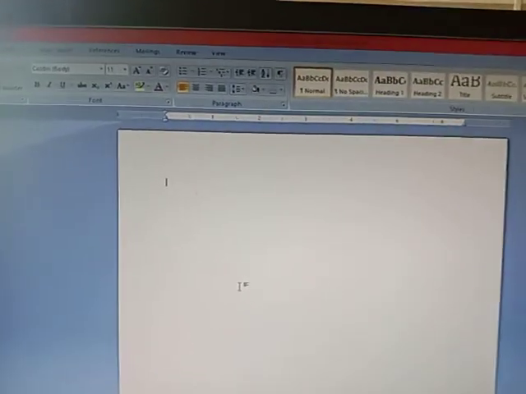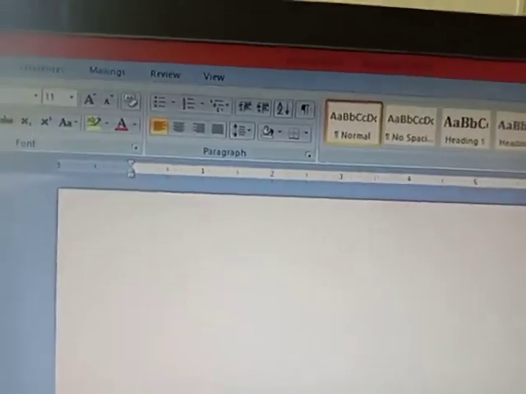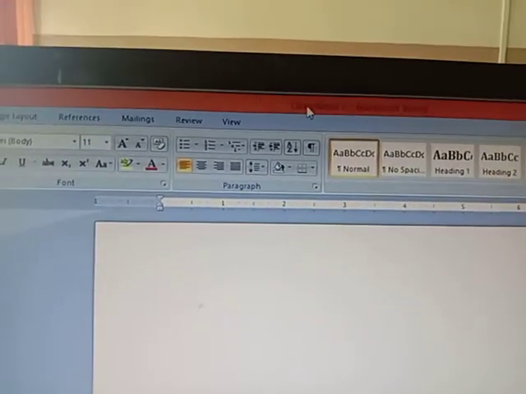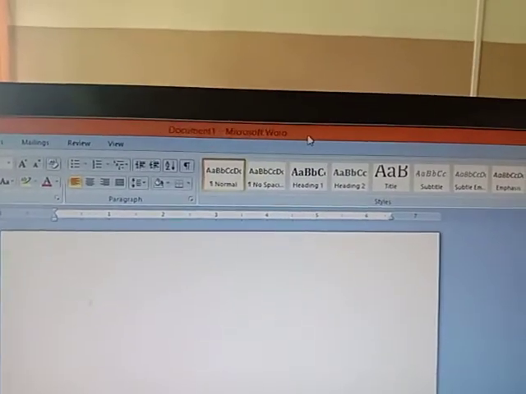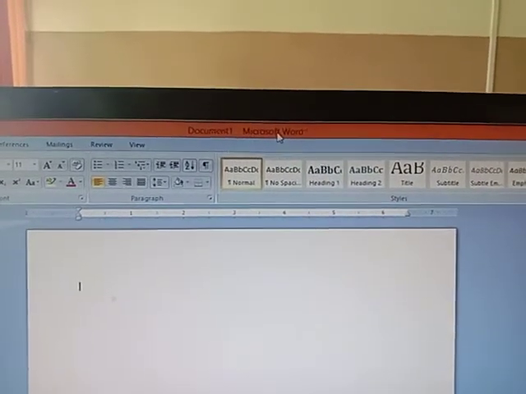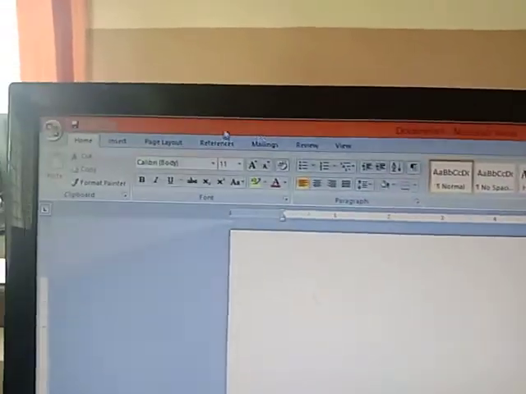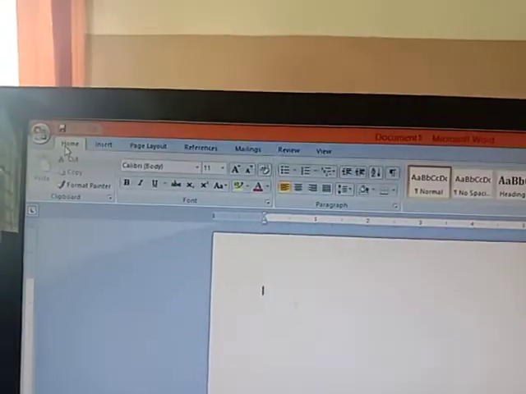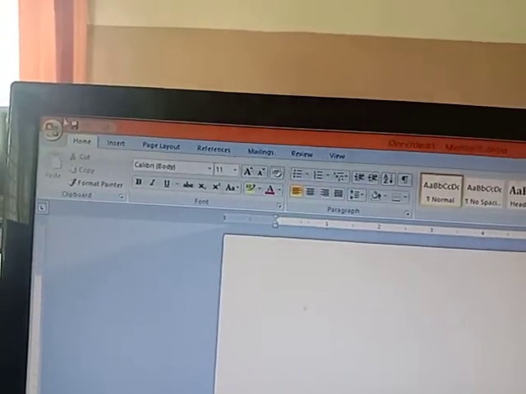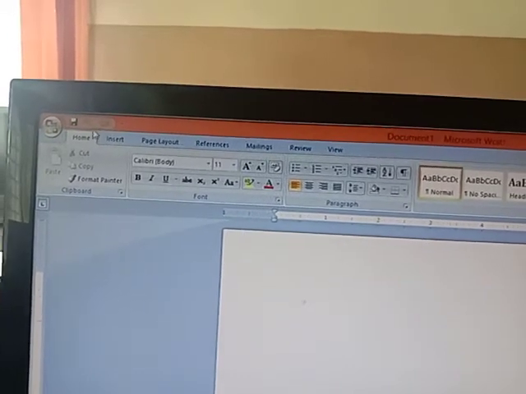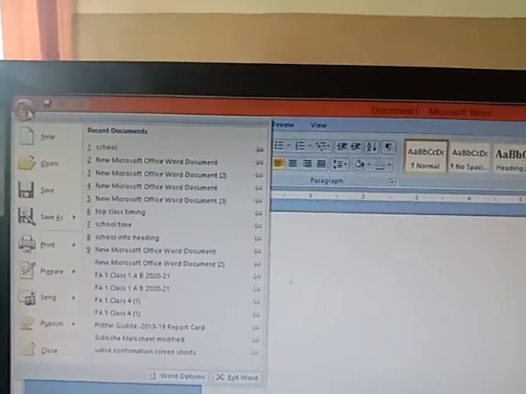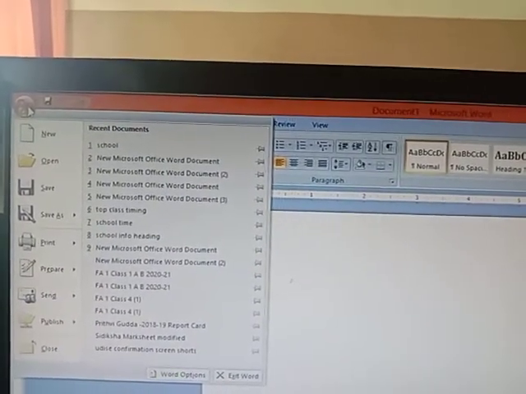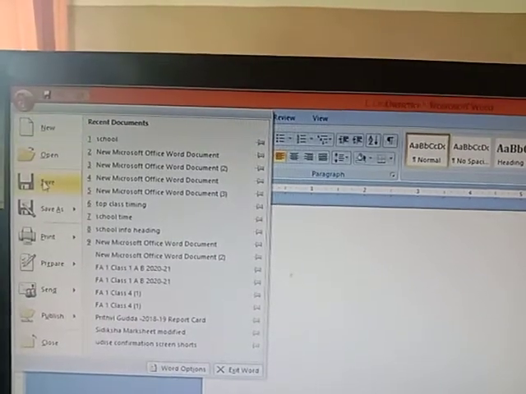Now in this window, you all can see the first bar, which is called the title bar. This is your title bar. Document 1 Microsoft Word. Can you see the title of the document? Yes. So that is called a title bar. Now after the title bar, there is one more bar which is called the quick access toolbar. Can you see? This is the quick access toolbar and this is the ribbon. When I click on that, it will show me the basic options. If I want to save my document, I can just click on save.